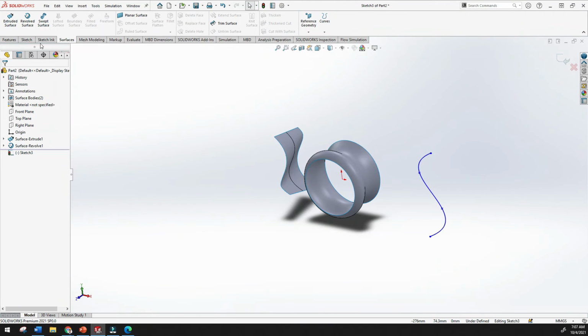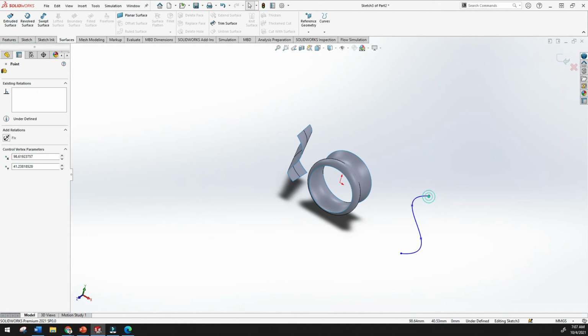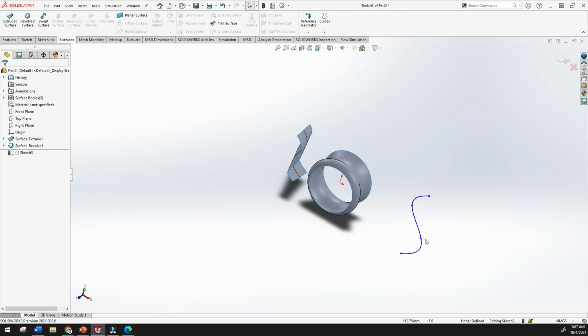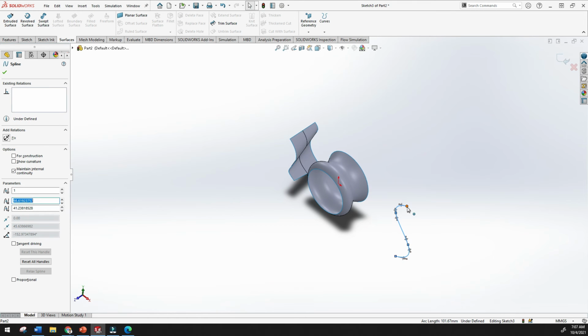So for that, for the surface you will have reference geometry and curves. In reference geometry, you have to create the reference geometry in this plane, this line and this point.